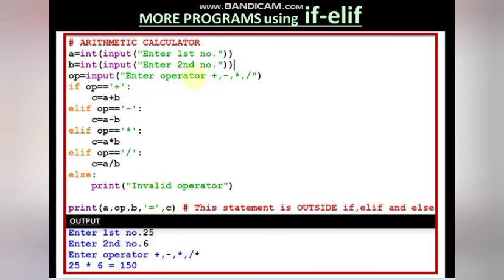In case the user enters any operator which is not one of these four, suppose a user has given a dollar symbol, then it will come to the else part and it will print invalid operator. It will not go to any of these parts because it will keep on checking, but finally when it does not get any of the operators, the dollar doesn't match with any of the conditions given, so it will come to the else part, invalid operator, right? So